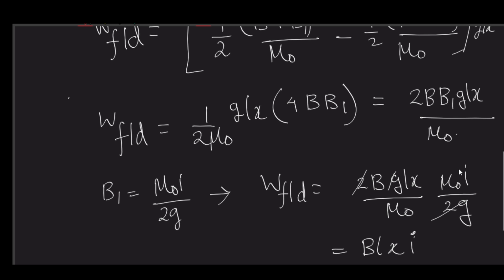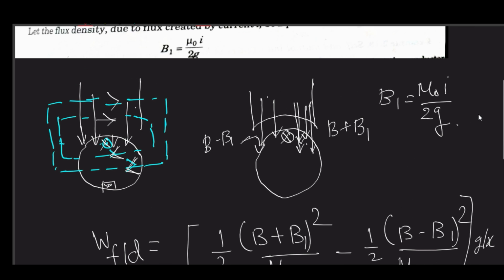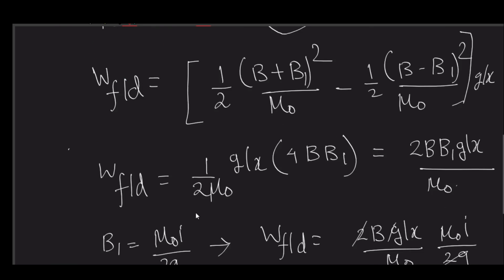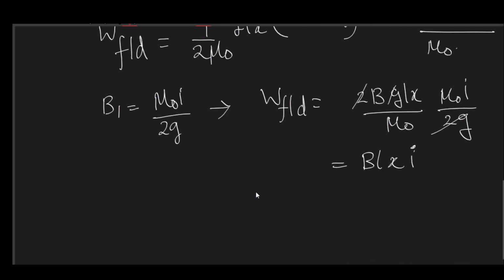X is the small amount of displacement of this conductor in any direction. Like we are having this field, and when you have this, this one is your x, right? This small shift is x. So here you are getting this, and obviously the expression of force should be free from that x, because the